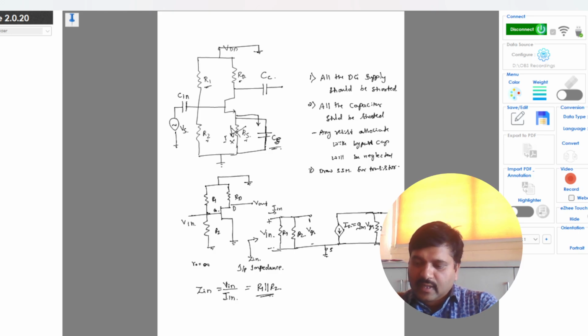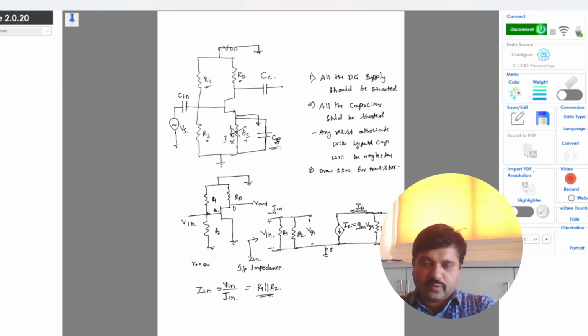Similarly, to find the output impedance Z0, Z0 is formed when we see with respect to the output terminal V0, which is across RD. Okay, and corresponding to V0, this is the I0, the direction of the current flow. So this is my I0. And here this is my ID, which is flowing from drain to source terminal. Fine. So now corresponding to this, my Z0, when we are finding the impedance, all the voltage sources should be shorted